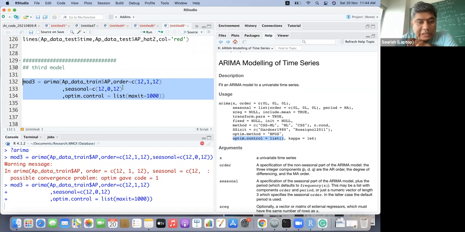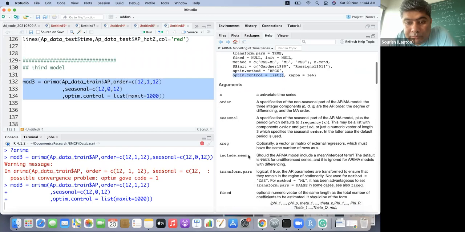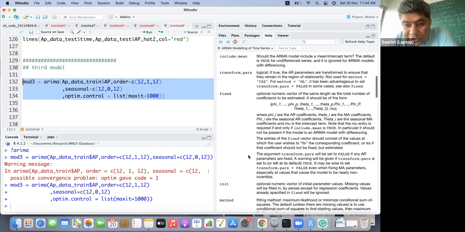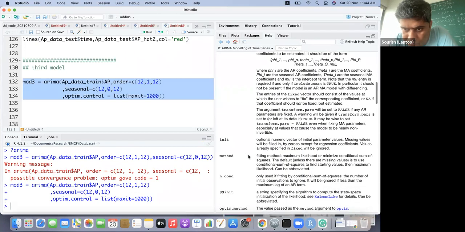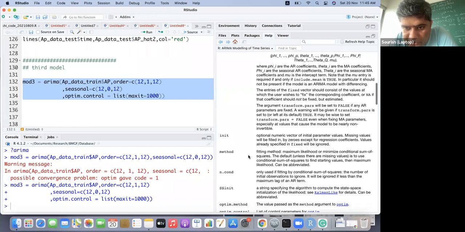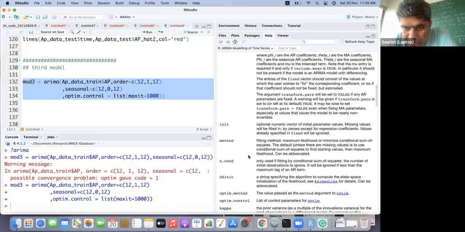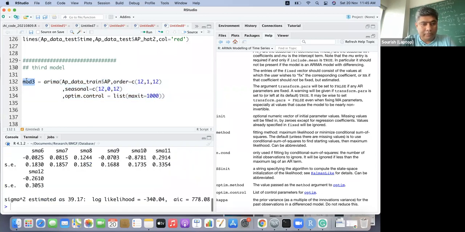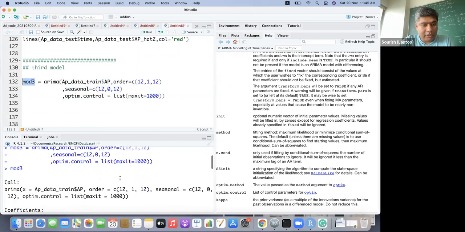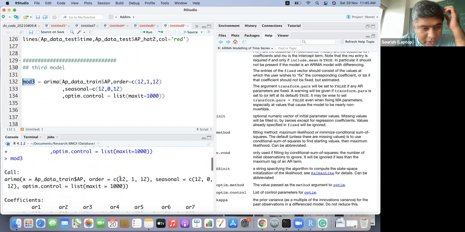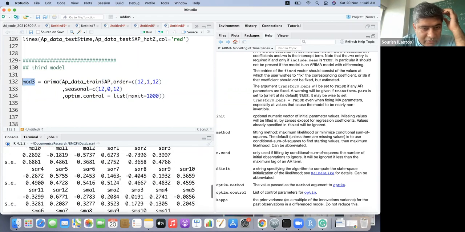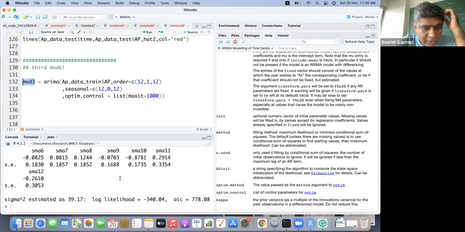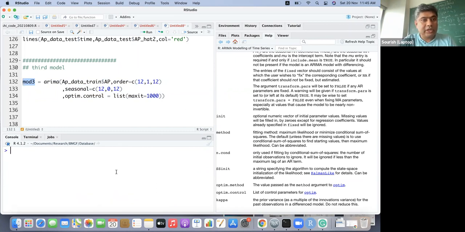It's taking a bit of time. Let us see. Okay, it's done. It has converged, and without any issue it has fit the model. So let us check it out.